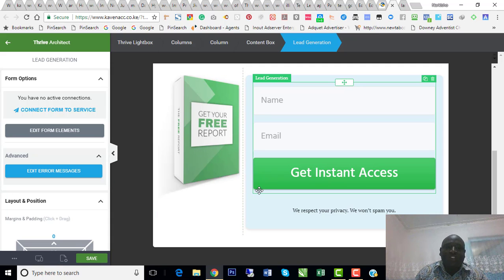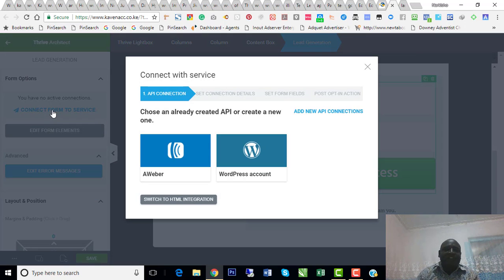So all those ones you can make that connection from here. When I click on that, it shows this is the lead generation that we have. You are sent to the connect form service. This connect form service connects you to your particular autoresponder. If you had already integrated an autoresponder, you can also add autoresponders in the